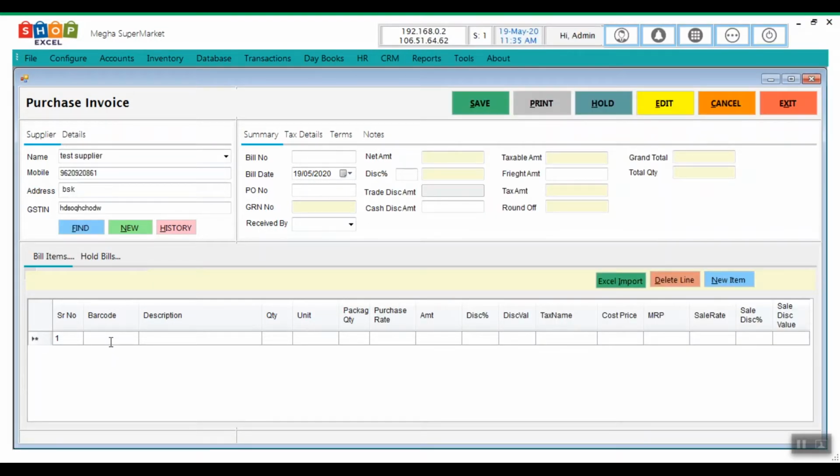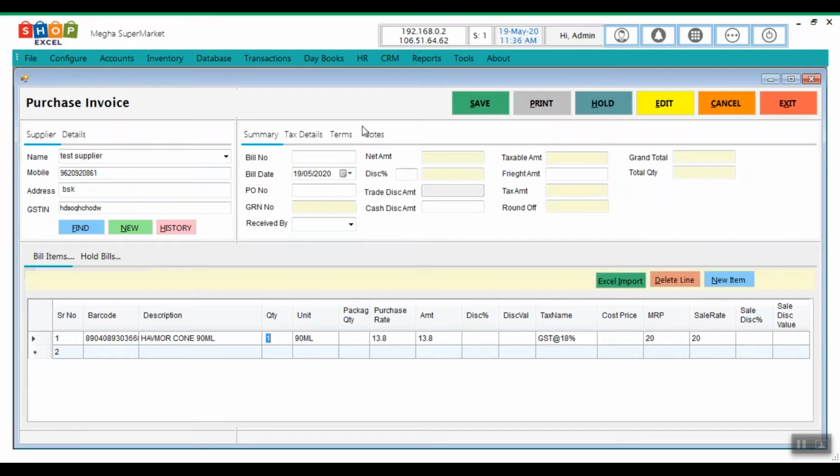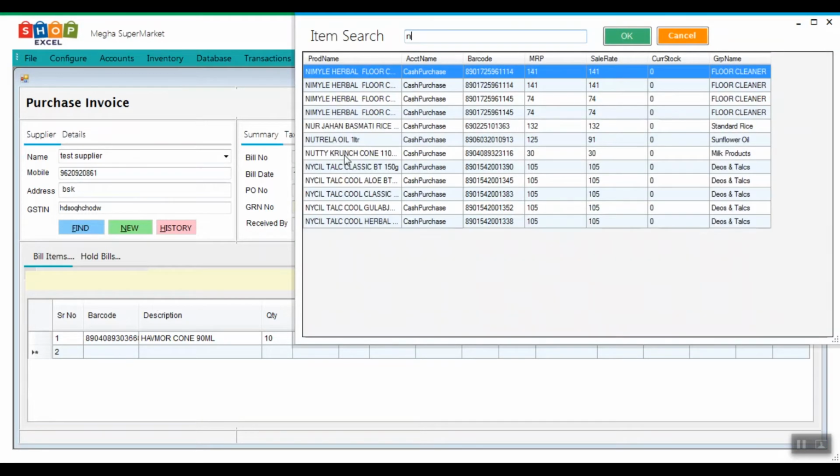Then by checking the purchase invoice, I can scan the items which I have received from that supplier. Suppose I have received this item, 20 quantities. What is the purchase rate? If any discount is given by the supplier, you can add it over here. Again, you can scan the item which you have received, or else you can manually search the item.